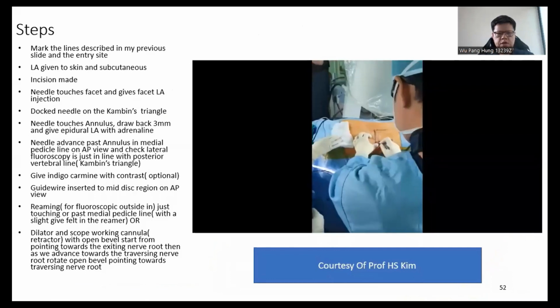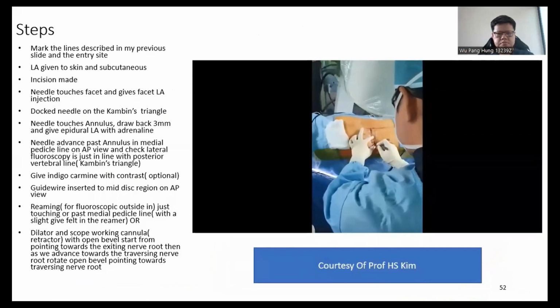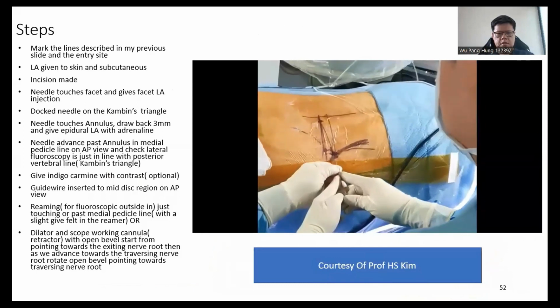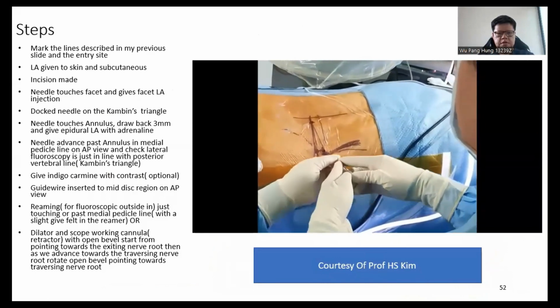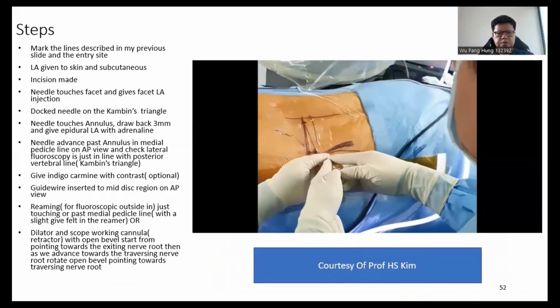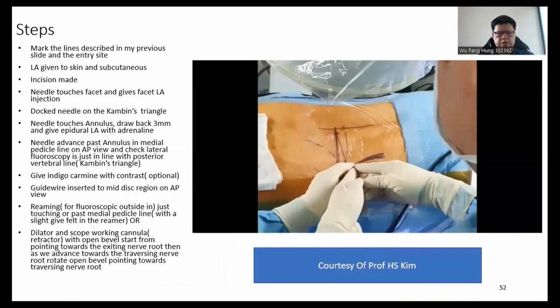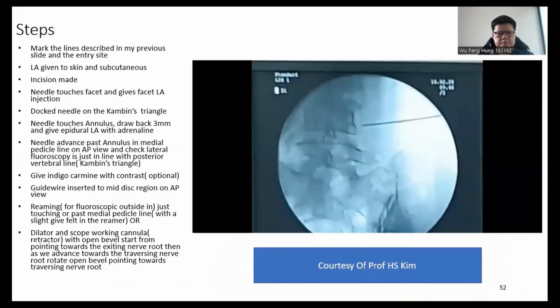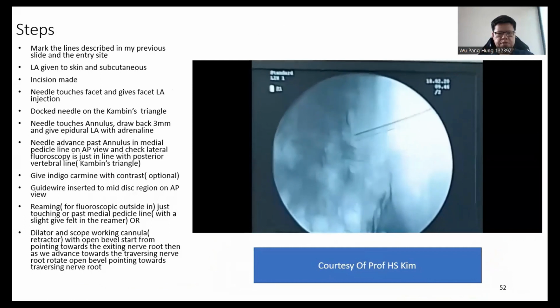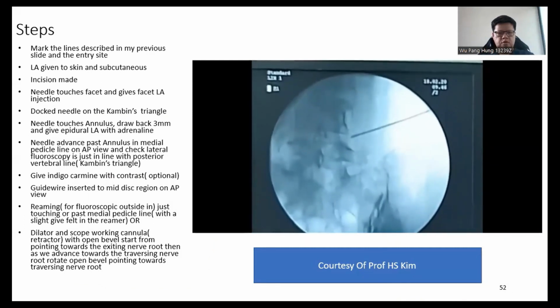So this is a video showing how we did it, and then we make an incision on the skin, and then we put the needle. This is a right-sided approach. We now feel the superior articular process, then we go ventrally and do X-ray. We palpate the superior articular process this way, and then when we feel the bones